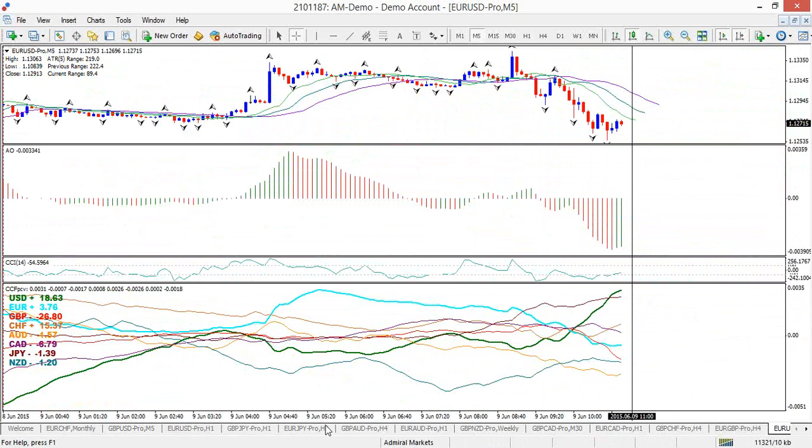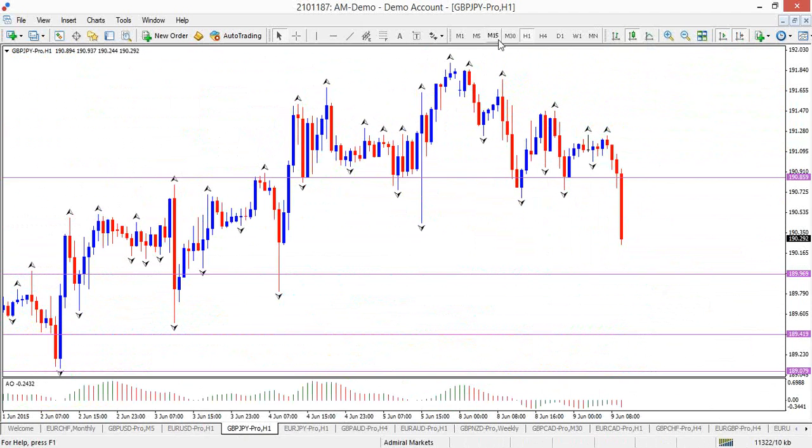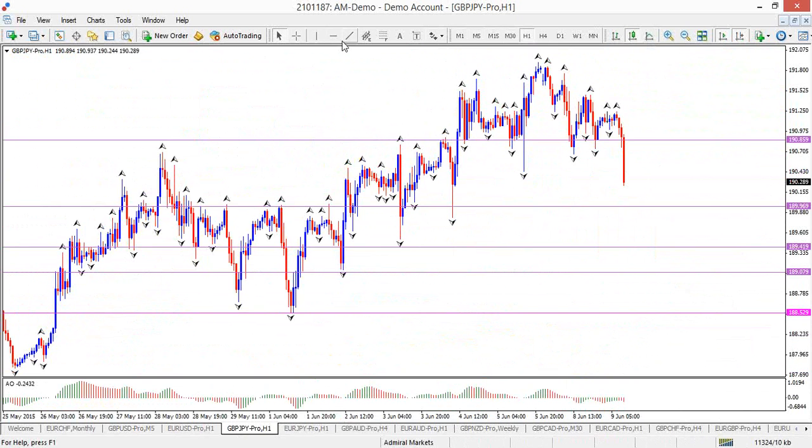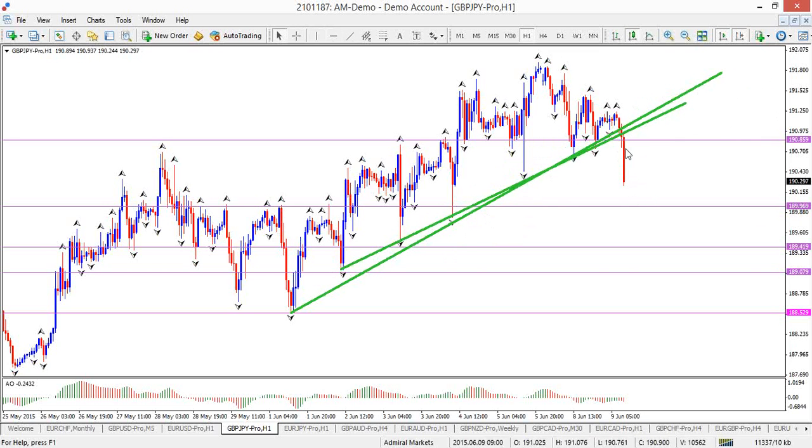All right, pound yen and euro yen. Let's take a look at those. Those have good trend lines too. Depending, this is one case where you can actually draw various trend lines, and this looks like a very strong candle pushing through that trend line. So this particular break could be an interesting break to the downside